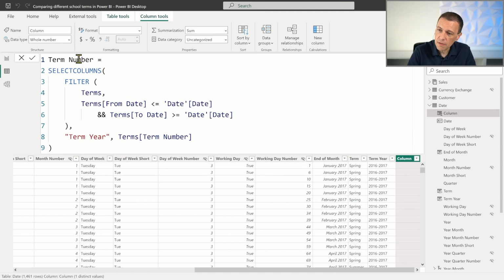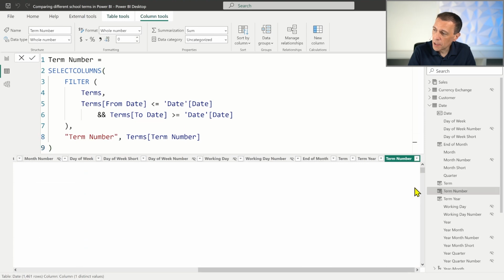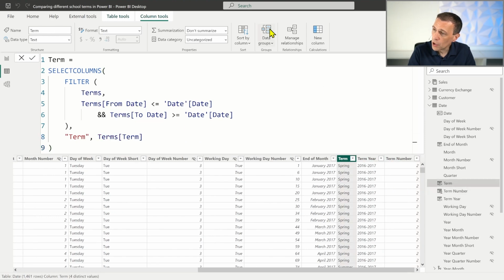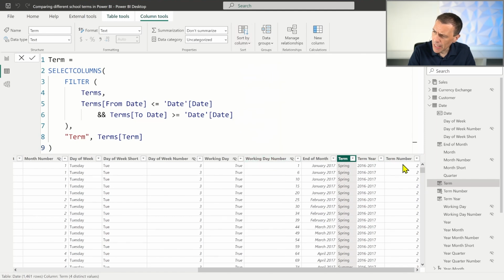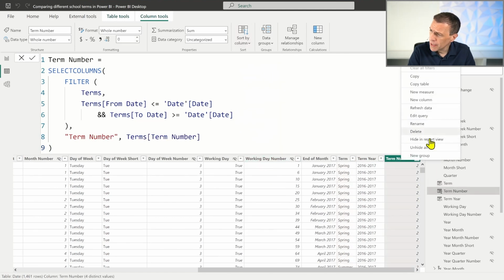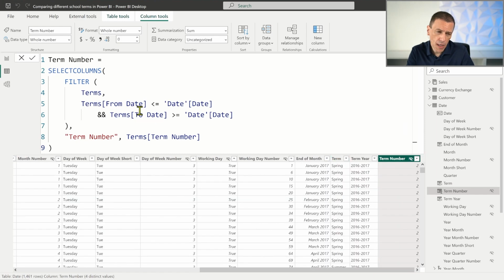Let's use the same definition, Term Number, because this way I will use a sort by column by Term Number. And of course, I will hide the Term Number column. And at this point,